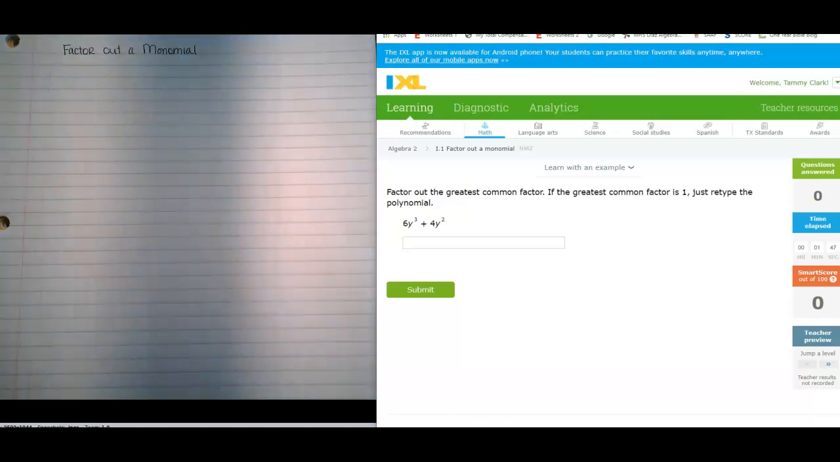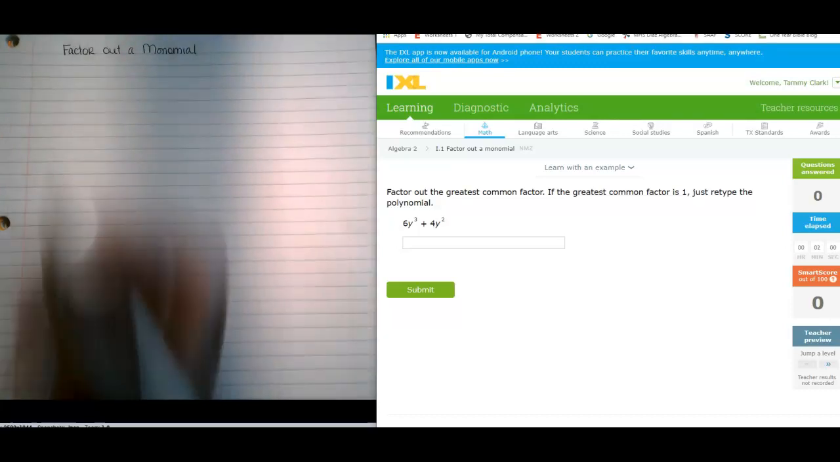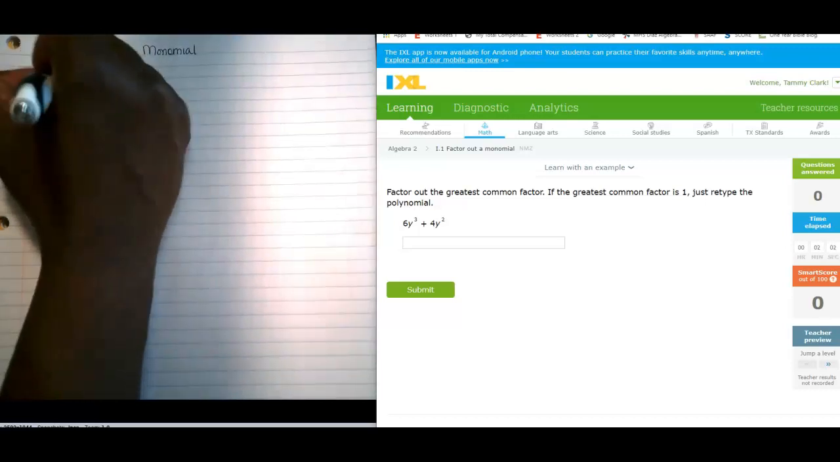Hello, today we are going to talk about factoring out a monomial. In other words, we're going to look at the greatest common factor. Now, when you're thinking about the greatest common factor, what I want you to think about is, what is the